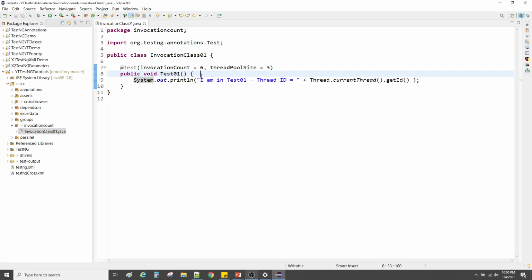And also, if you want to execute those tests or set of actions multiple times but in parallel, then you have to use this thread pool size attribute as well, and you are free to choose any number of threads that you want. So this is all about this